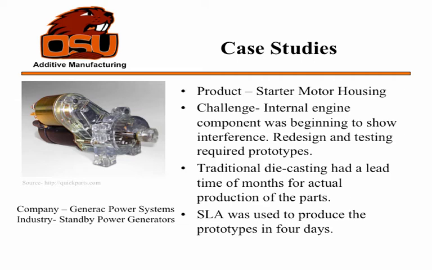which is going to stop their interference. Traditional die casting could lead to months for a full production-scale run to try out every design. Even just the 12 designs is still huge for them to do. While SLA was able to produce all 12 designs in 4 days, so it makes it easier for them.